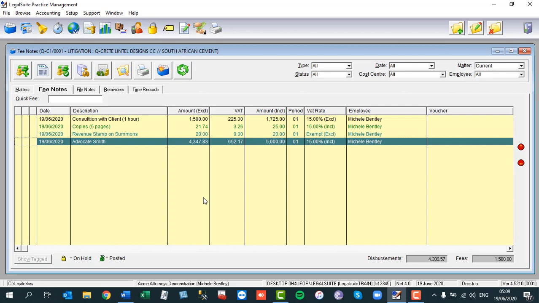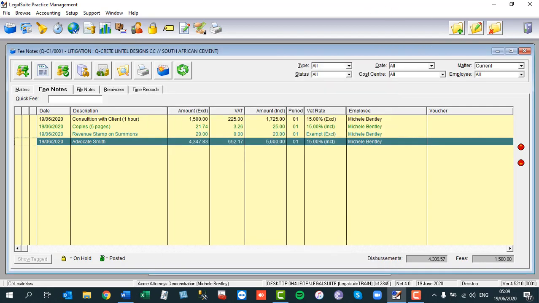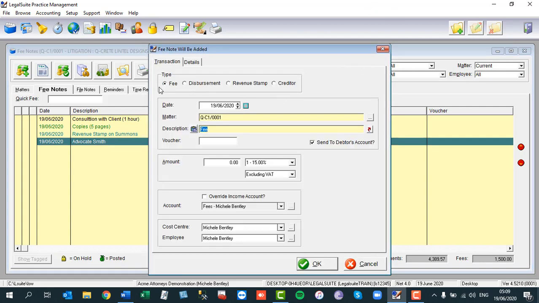Okay, so what we're going to do is click on Insert in order to insert, and we're going to call it a fee, but it's going to have a negative value. So it will offset against your fees and your disbursements. Okay, so we would leave the payment as a fee. We would say the date on which the payment was made, the program will confirm the file reference that you're on, and here at fee, we would change this to payment received